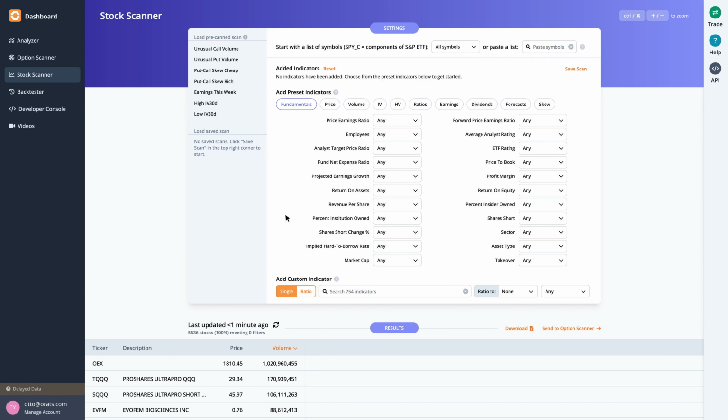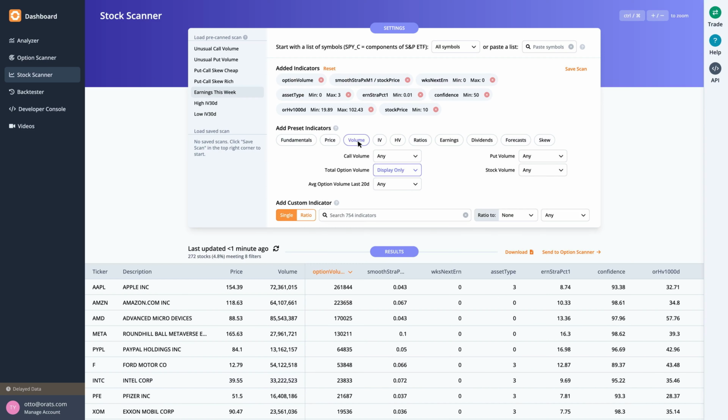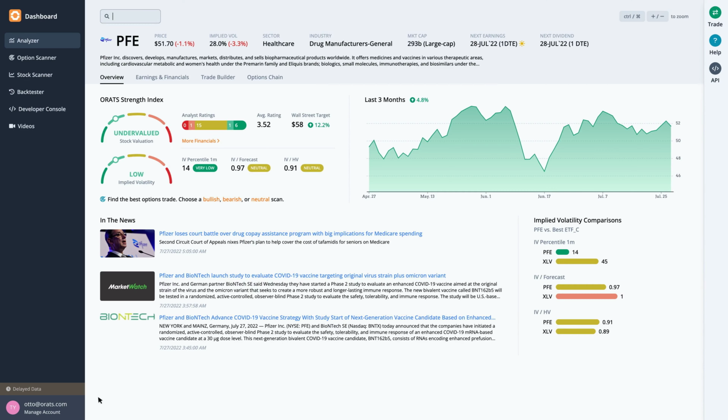Welcome to the ORATS Earnings Report, where we scan for companies with upcoming earnings announcements, check out historical earnings information, and find a potential options trade. Let's start by running a scan on stocks reporting earnings this week, which includes the total option volume indicator, sorted from greatest to least. Focusing on Pfizer, as we click through, we see this large cap company in the drug